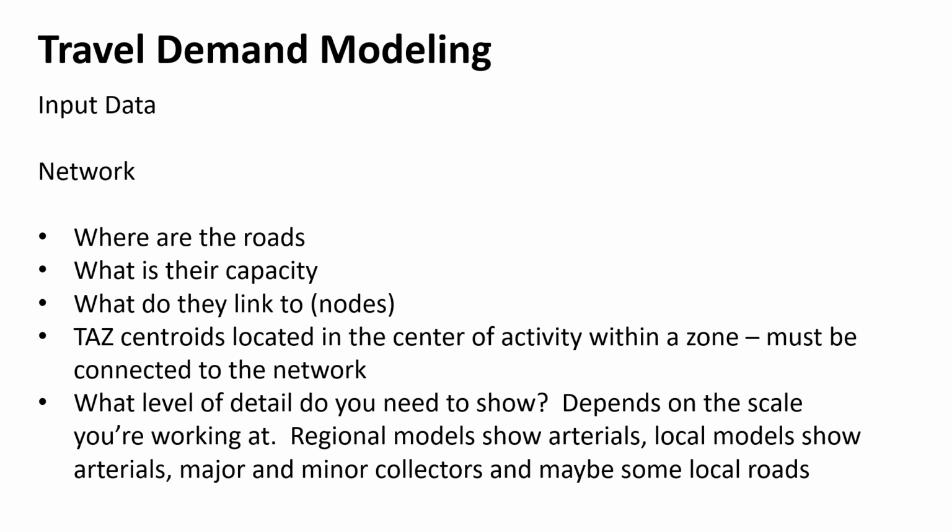If we want a really detailed model of the city of Valparaiso, we're going to put in most of the roads. We're going to leave out some of the smallest ones, but we're going to put a lot more roads in, versus if we were trying to model the region, all of Northwest Indiana. Then we're going to leave out most of the small roads in Valparaiso and only have the major ones going through it, because we don't care about the smaller ones at that scale. So knowing how the model is going to be used when you're building it is important, so you know which roads you need to add in, which roads are going to be important. It all depends on how much accuracy you want at a small scale.